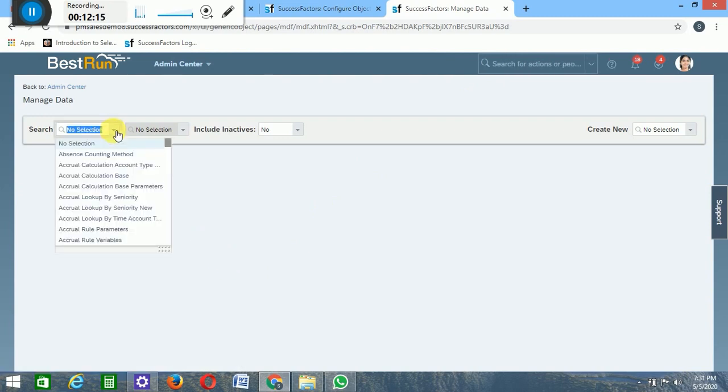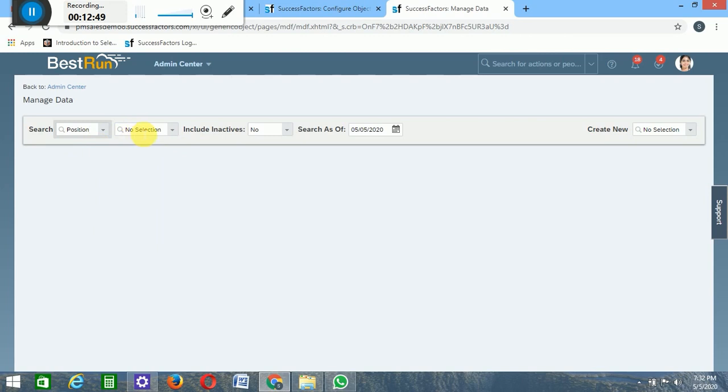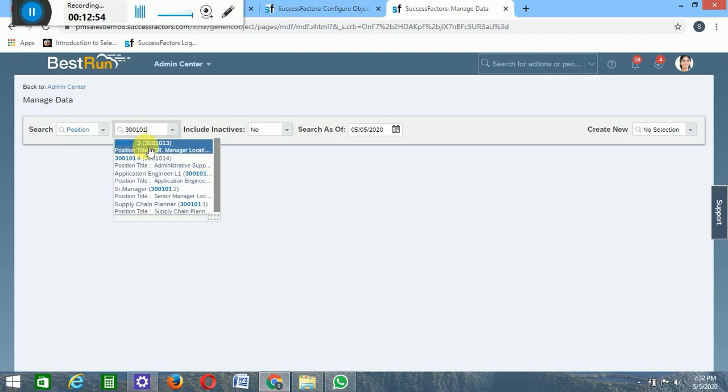First, I'll show you the changes. We'll change something in the existing record, then see whether the workflow gets triggered or not, because previously when we did this, the workflow was getting triggered. Now we have created a business rule such that if we change any field other than the change reason new position, everything should go smoothly and the record should be saved. So position, and this one is normally 301, which we have created.